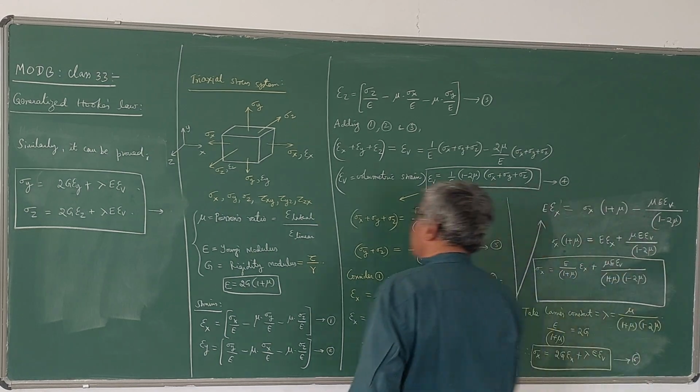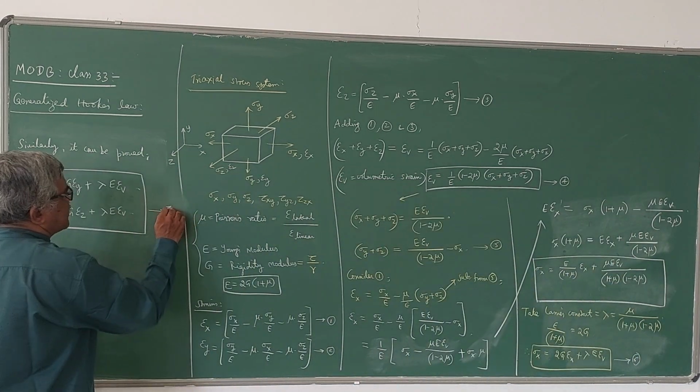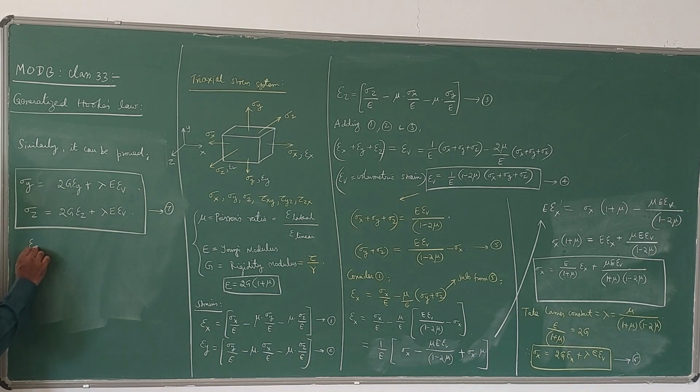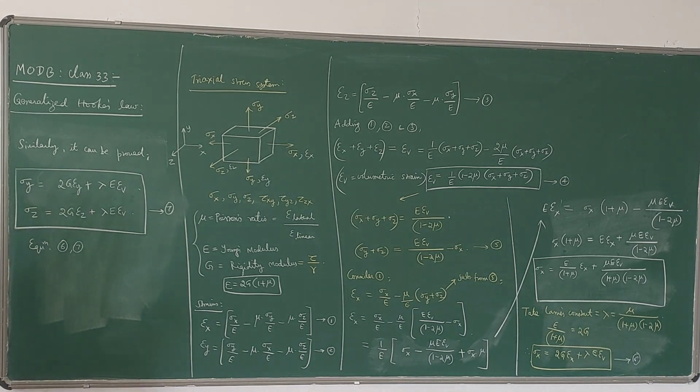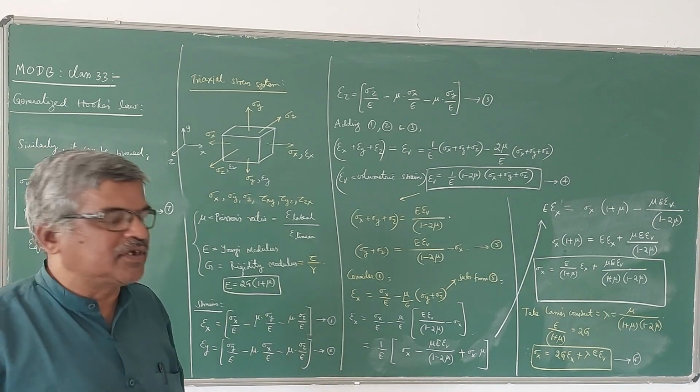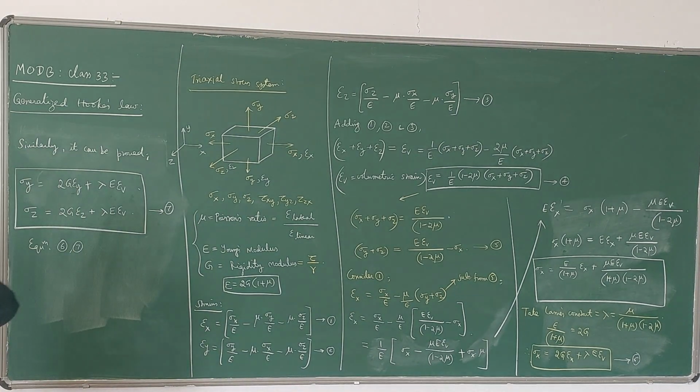So 6 and 7 are called the generalized equations. And also, if you write the shear stress in terms of shear strain, you know that